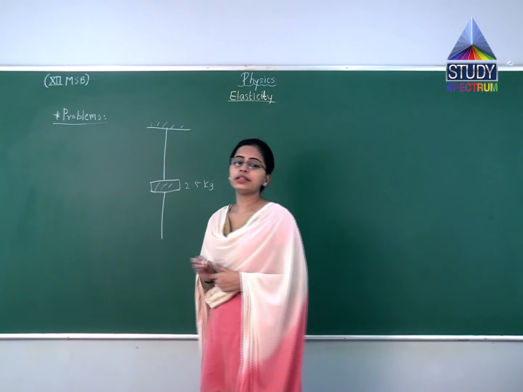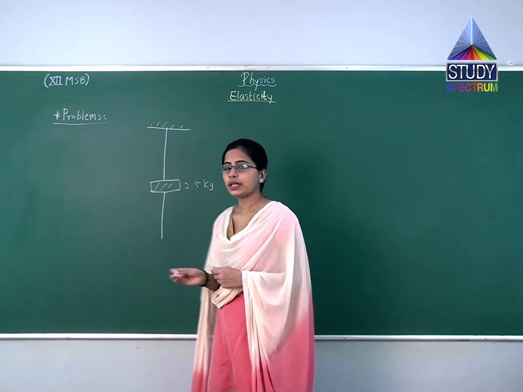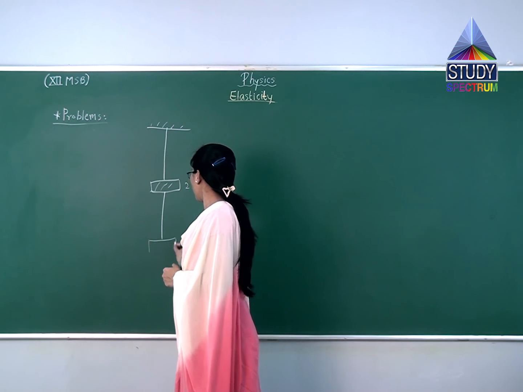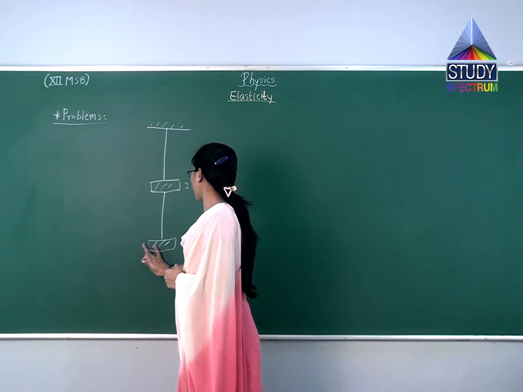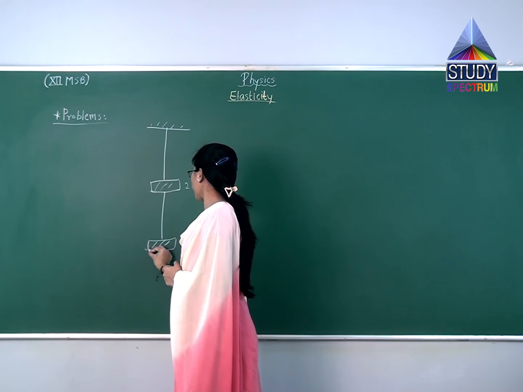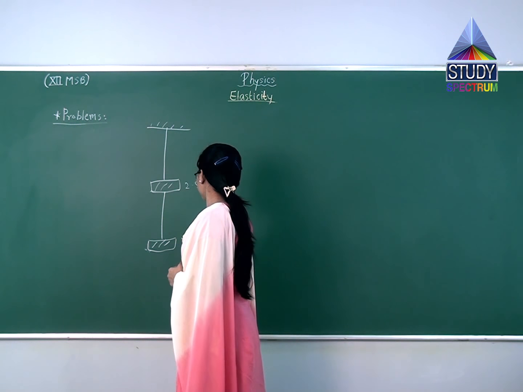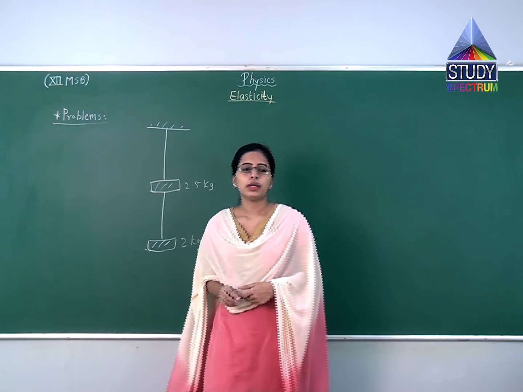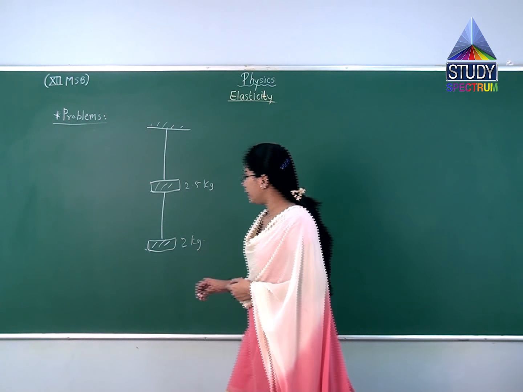Again, another wire is also joined and a load of 2 kg is attached to it. So let's start solving. Data is